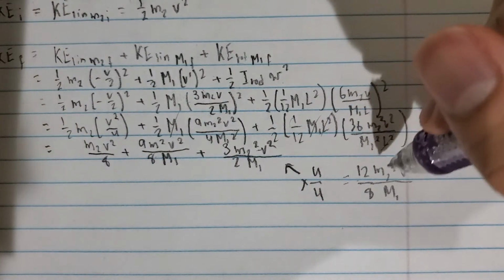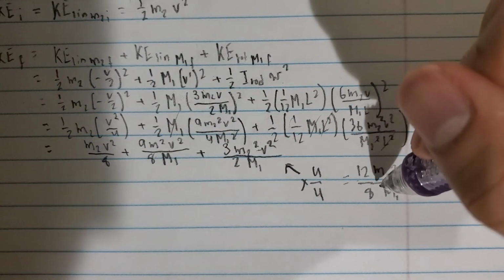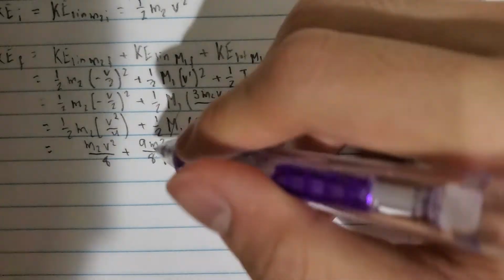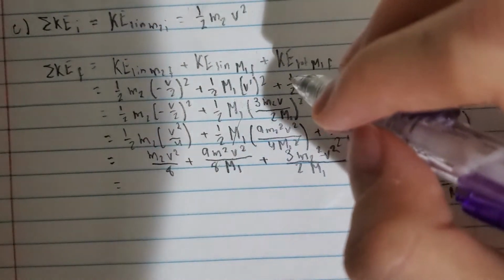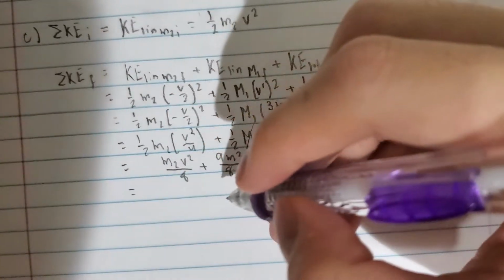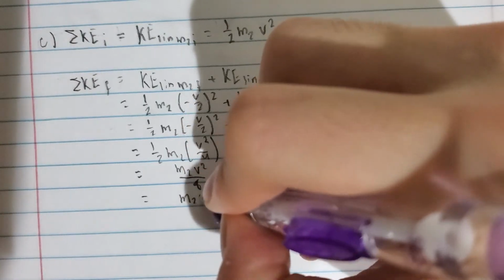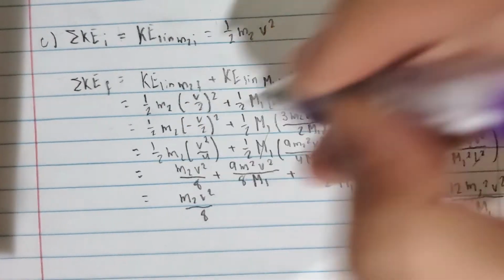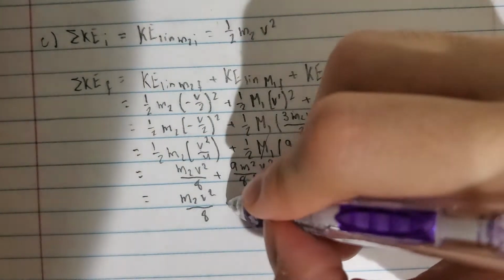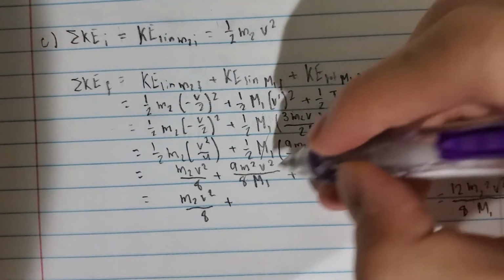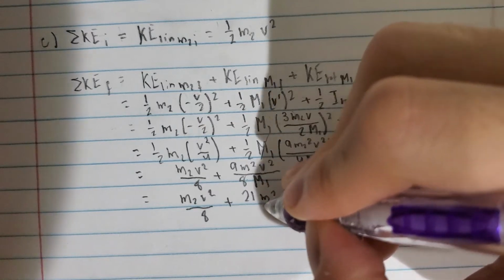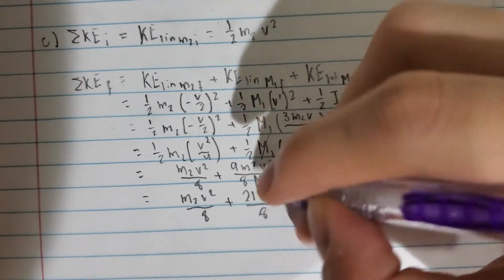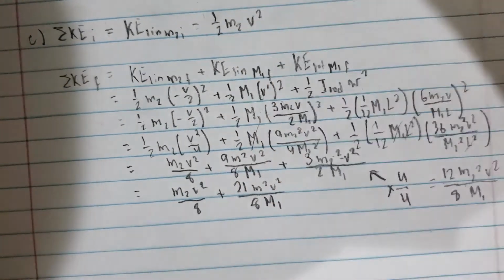So once I do this I have a common denominator with this now, so I can add those two. So my final answer for KE final is M2 V squared over 8, which is this term, stays the same, plus 21 M2 V squared over 8 times M1. All right,